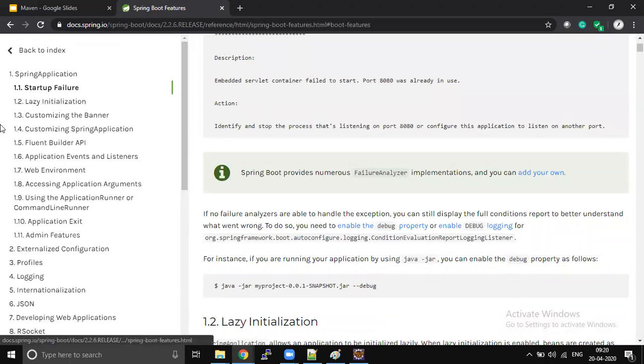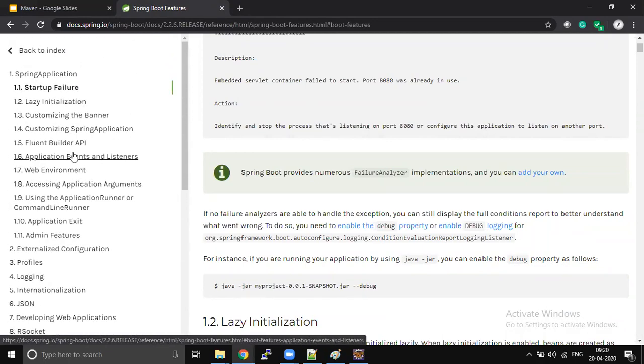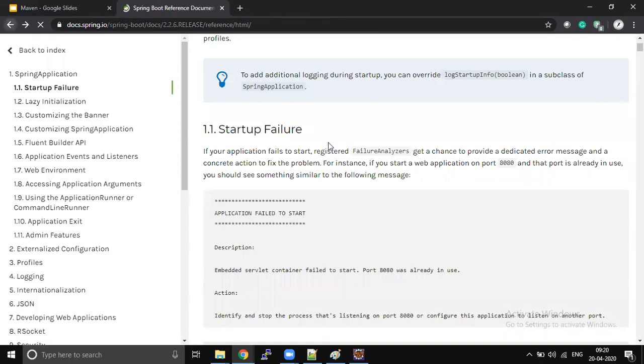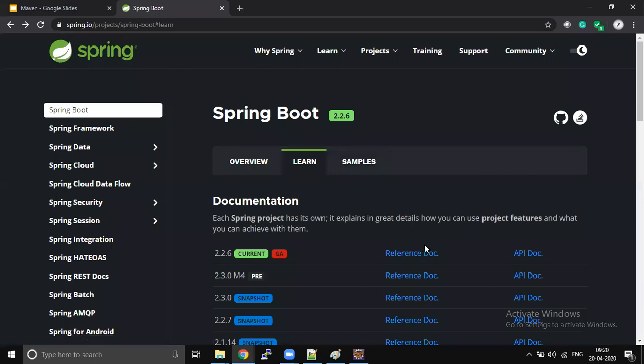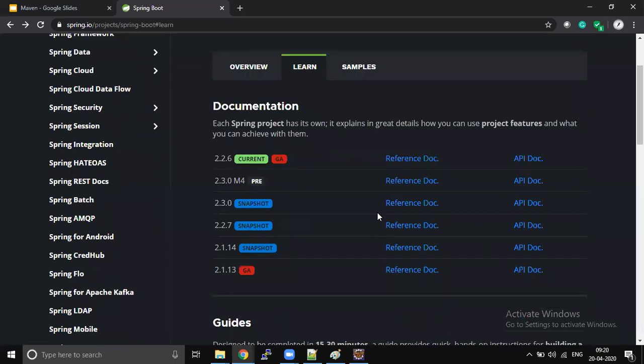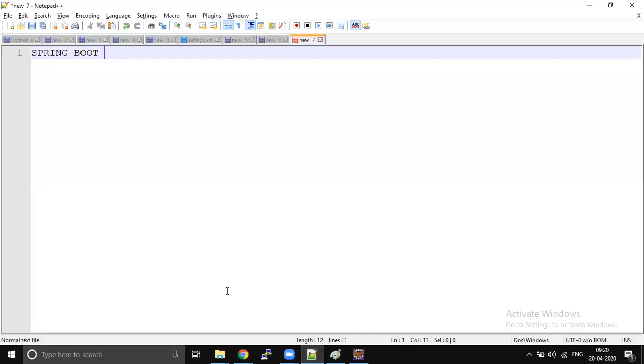Most probably you will be learning 50% in my training. The remaining 50% are very advanced and very rarely used concepts. I will let you know how to go through the remaining 50%. And if they release any new version tomorrow, I will let you know how we are going to upgrade to that version also. You don't want to stop learning Spring, because Spring will release new versions, just as Java is releasing new versions. But from tomorrow we will learn Spring Boot.